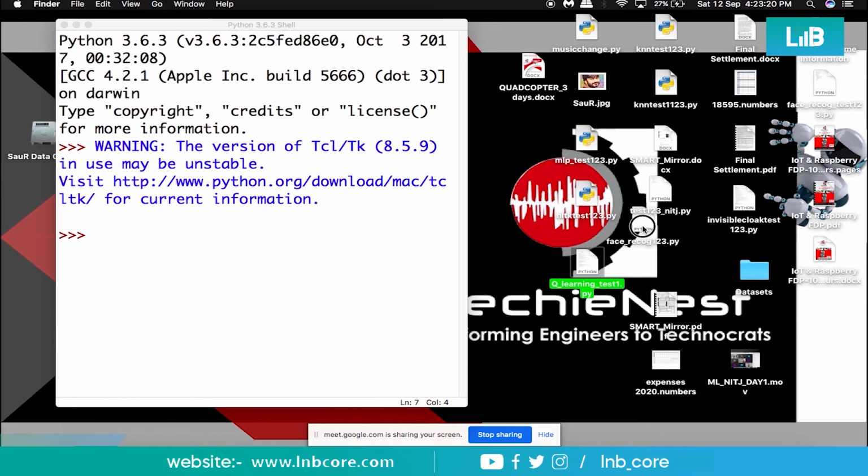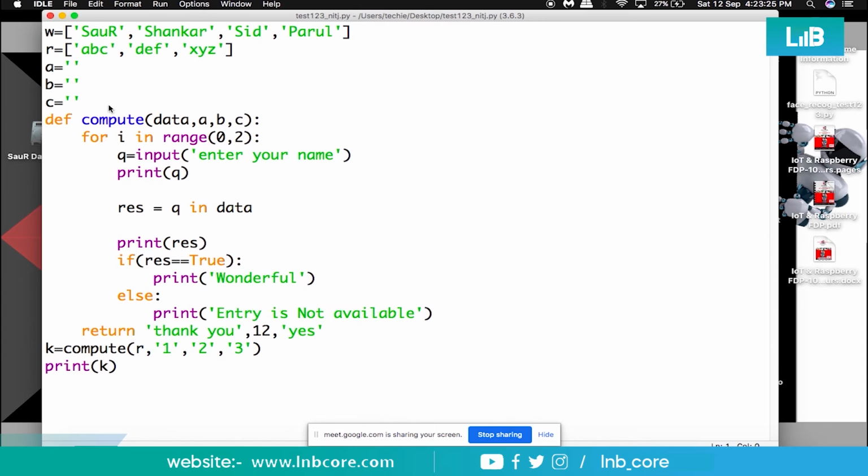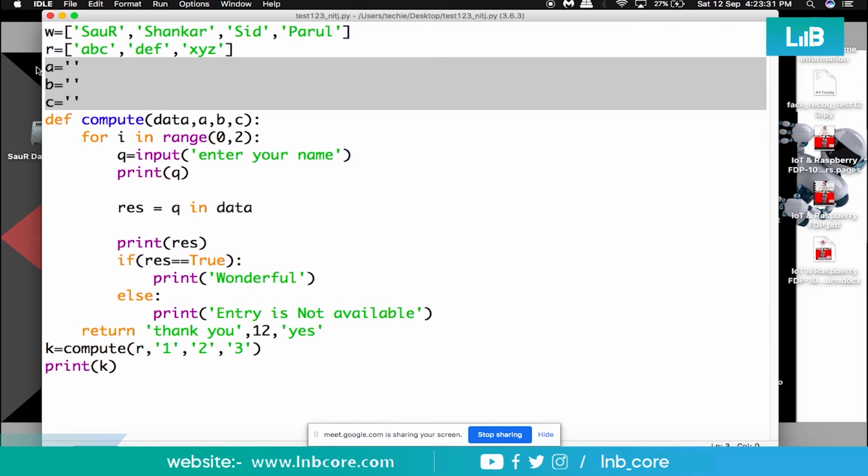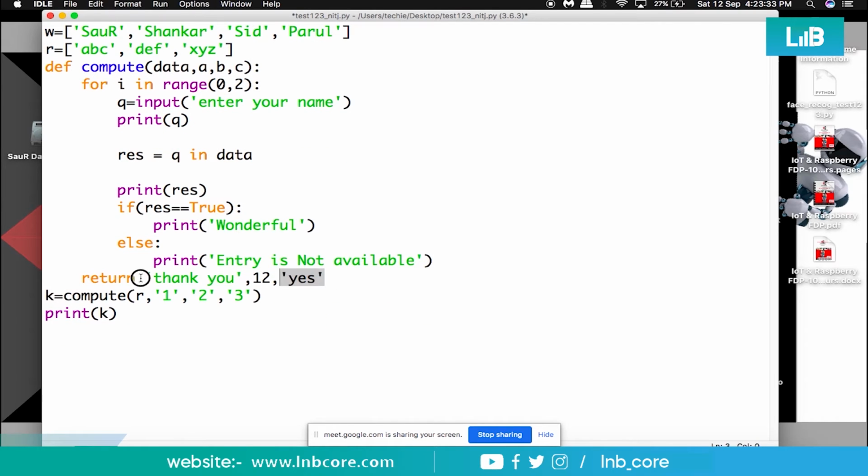So this is what we have discussed. This is what we have built. This was the program. So what I'm trying to do is include everything here. Let me remove this. These are not required. This was just an example. Let me remove this as well. This is not required.